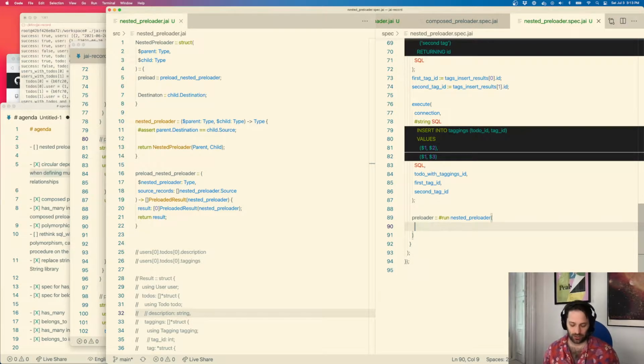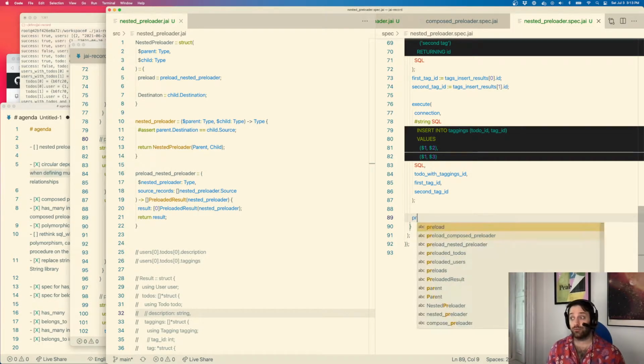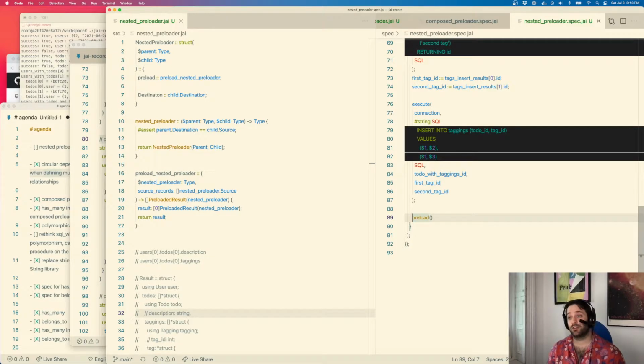Okay, I want to do. Let me try to fill up this whole thing. So preload. This is gonna be to-dos with taggings, and tags is gonna be preload some preloader which I don't know how to define yet, on